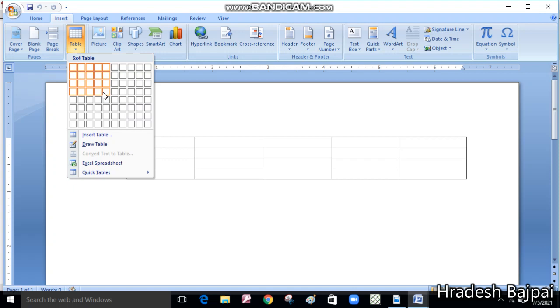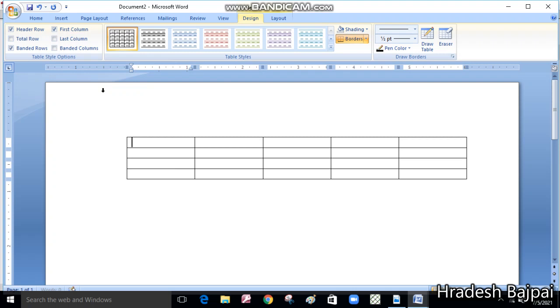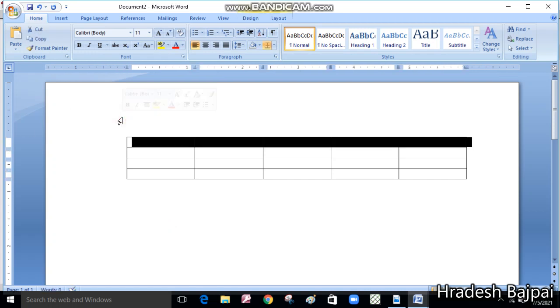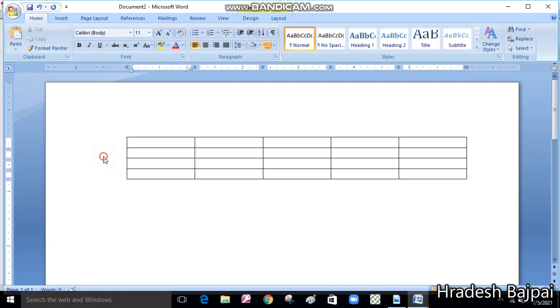So here we have a table with 5 columns and 4 rows. As you click here, you can see the table is inserted on the page. This is how, using the table grid, you can create a table.